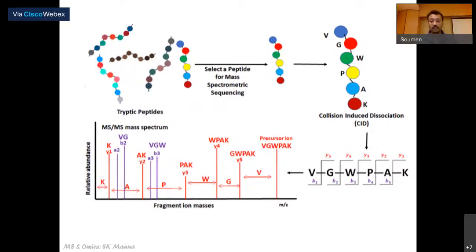and the fragmentation will happen as we have discussed. The B and Y ions mostly will be generated if it is collision-induced dissociation, and you can do a sequence walk to see whether you are getting the sequence that it is supposed to be. However, as we will shortly show, you have the bioinformatics complementation of it, by which you will significantly simplify